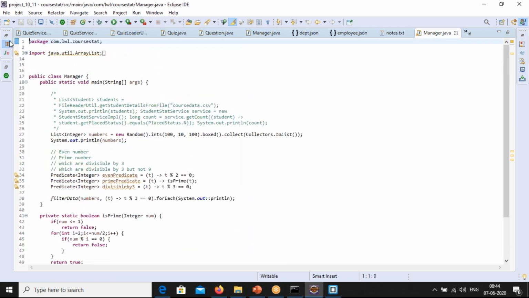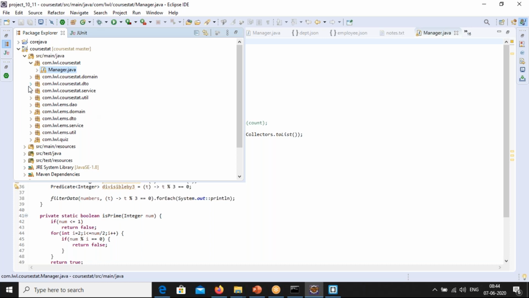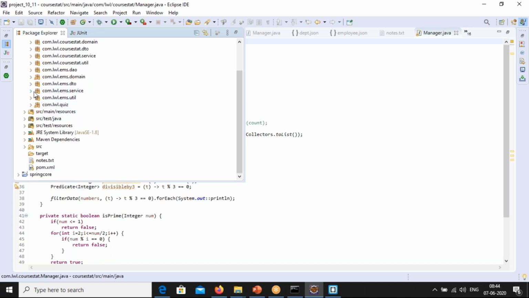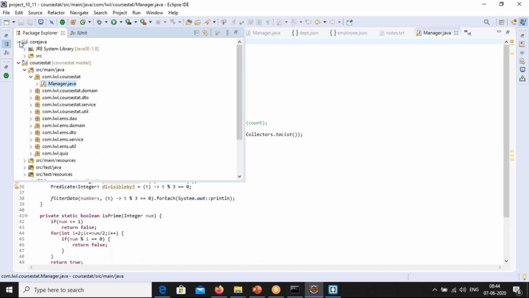Okay. When you are learning core Java, how you are going to write the code, where you are going to write it, and how you'll be writing the test cases, from the basics you will be introduced.